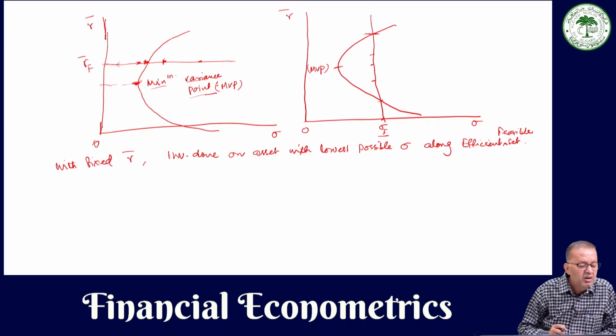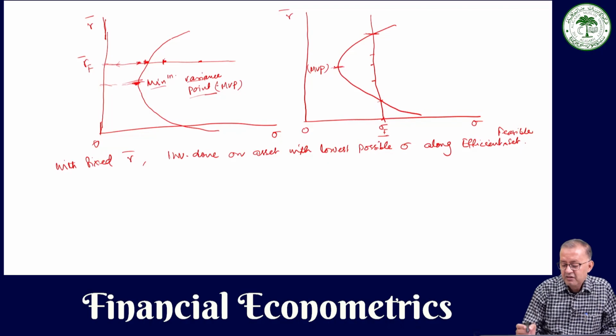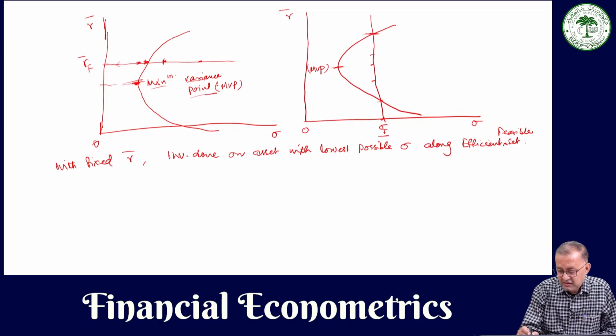Clear? So with this MVP, minimum variance point, and with given variance we have the highest rate of